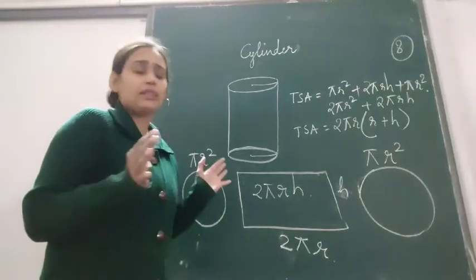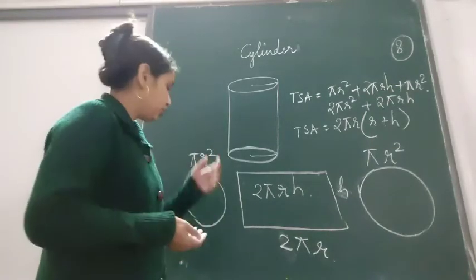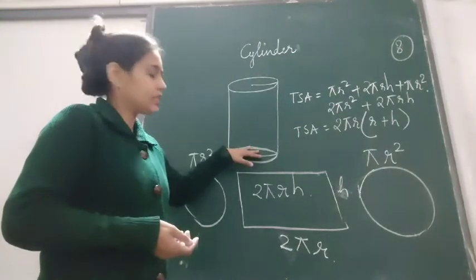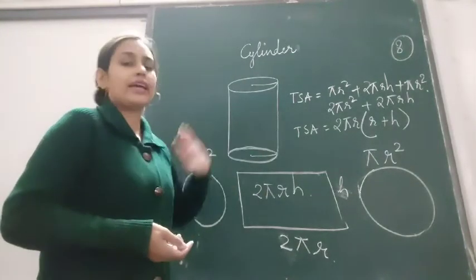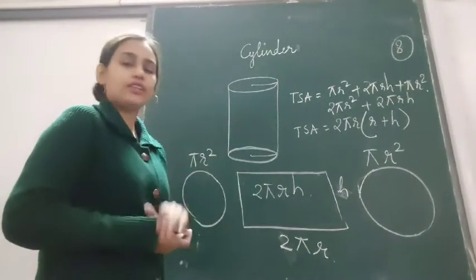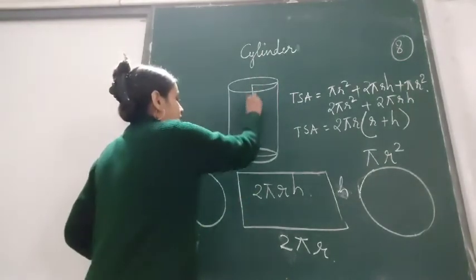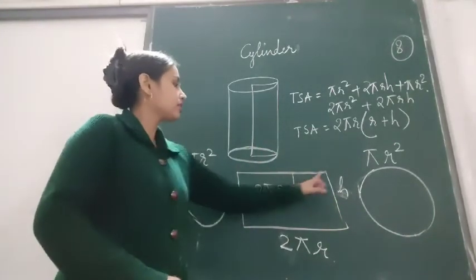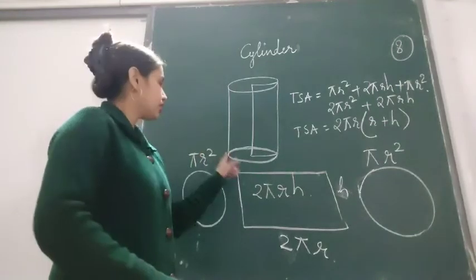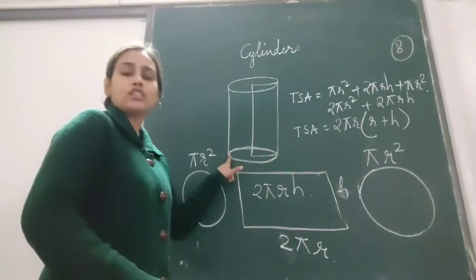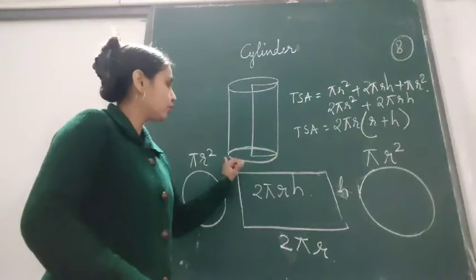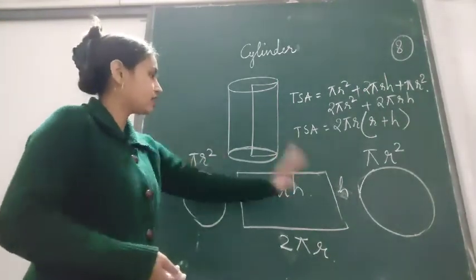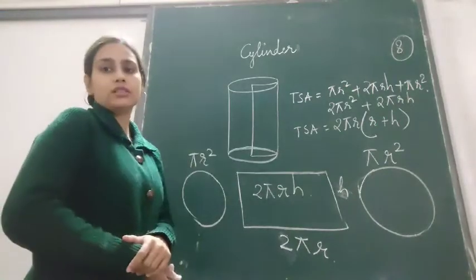Very simple. Cut open the cylinder. Okay, you will get the two circles, one on the top, one on the base, and the rectangle. The length and the breadth of the rectangle are given because this distance is given. This is the height, which is actually the breadth. And this distance is 2 pi r. Very easy to find out 2 pi r. Why? Because r is always known. Okay, so the total of these gives the total surface area.